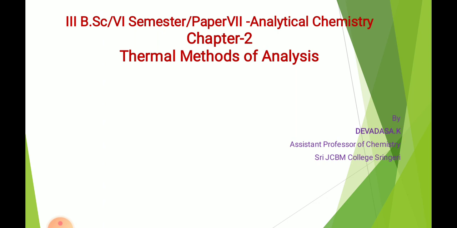Next, the applications of TGA we have seen. It is used in investigating suitable weighing forms for many elements, testing the purity and thermal stability of materials, and finding the correct drying temperature of precipitates used in gravimetric analysis. Then many direct applications to analytical problems, the determination of composition of complex mixtures, the analysis of alloys, corrosion studies, etc. that we have seen. So today we will see differential thermal analysis.